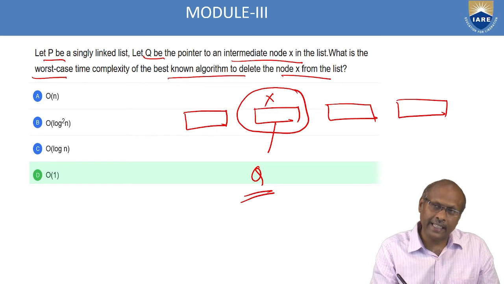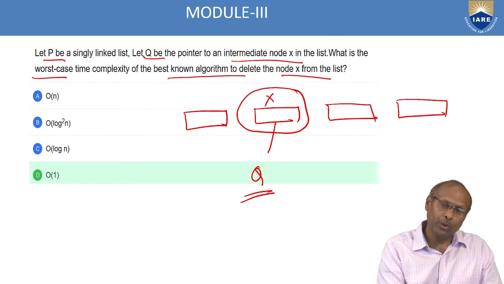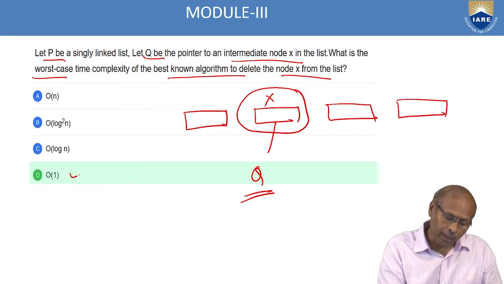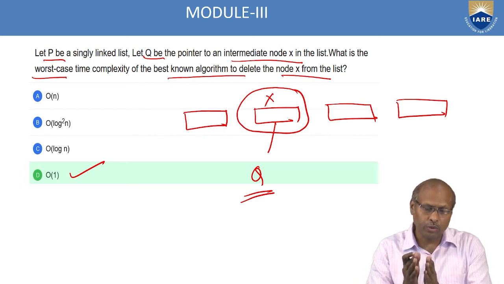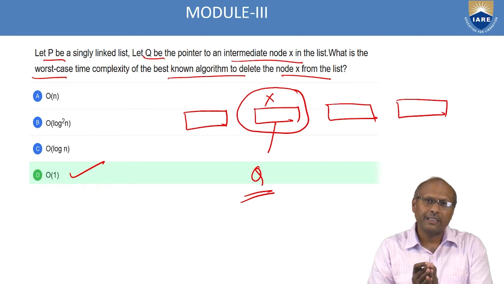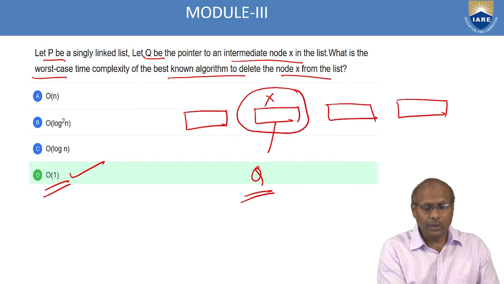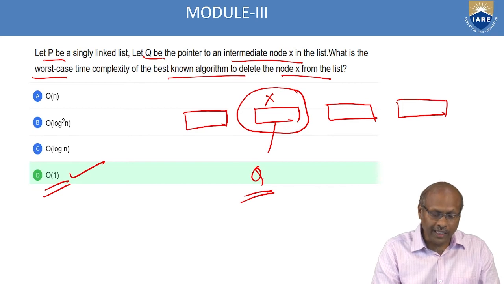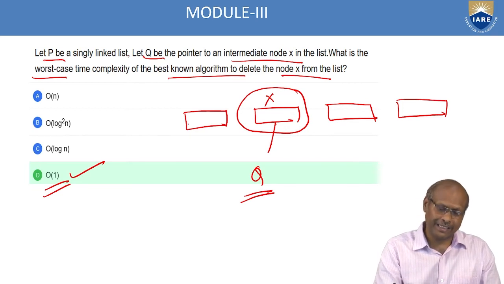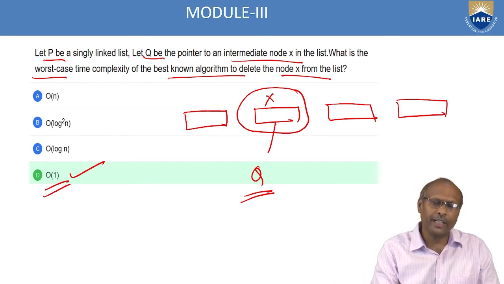Because you know the address directly, the time complexity is constant. So it is fixed time. Already I told you, fixed time means order of 1 always. Whenever the amount of time is known, that means a fixed amount of time, then you write order of 1. Because in the given question, Q is a pointer pointing to the node X, that means the address is already known. So if you want to delete this one, you can go there directly and adjust it. You will not traverse one by one because you already know the address. So directly go there and do the operation, which takes constant time. That's why it is order of 1.